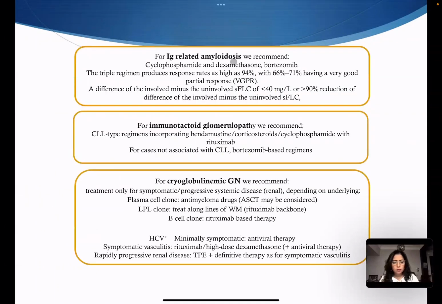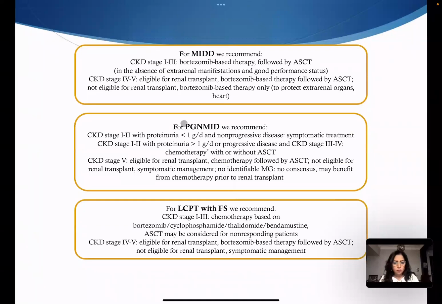But these are the points that we're going to discuss next time, inshallah: how you treat the immunoglobulin-related amyloidosis versus the immunotactoid, the cryoglobulinemic, whether with HCV or without HCV, the MIDD and the PGN-MID, and light chain proximal tubulopathy with Fanconi syndrome, which can or should be treated, even up to autologous stem cell transplant, whether the patient is stage 1 to 3, so a chemotherapy-based regimen like myeloma,